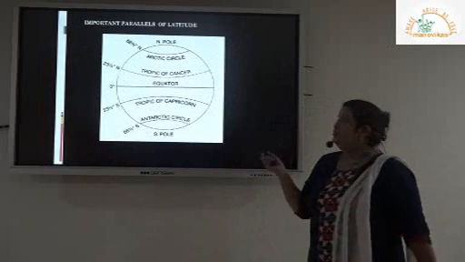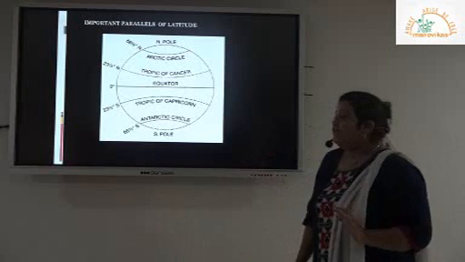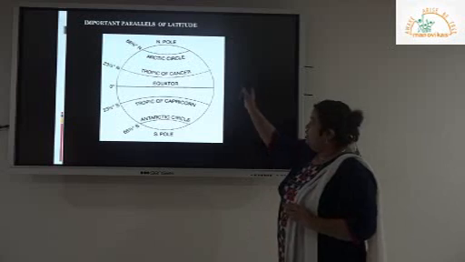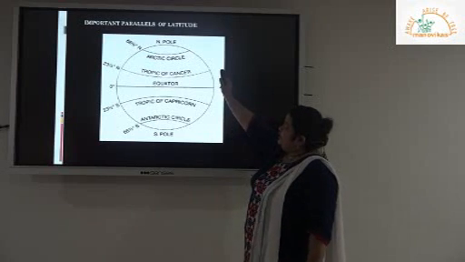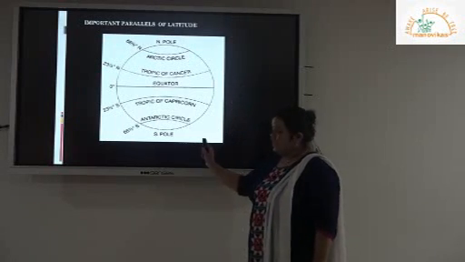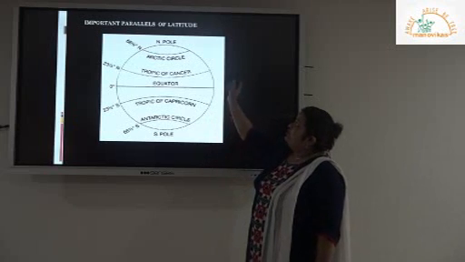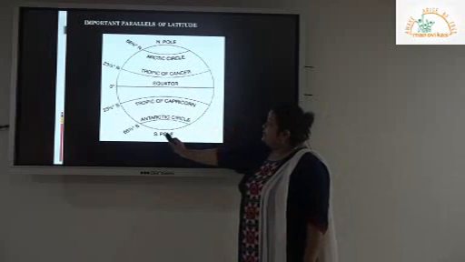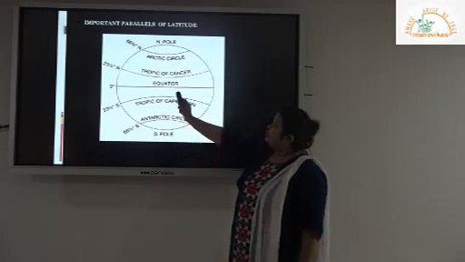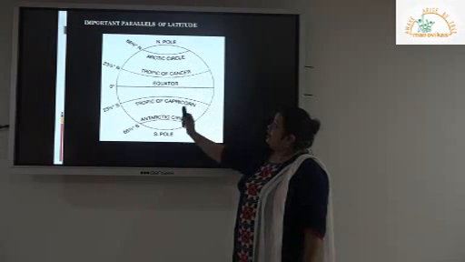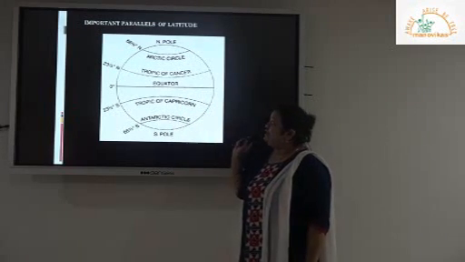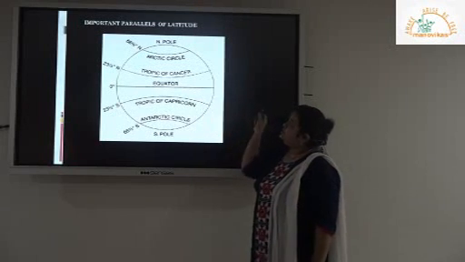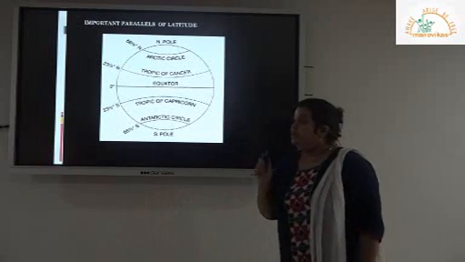Now, coming towards the important parallels of latitudes. We have altogether 7 important locations as important parallels of latitude: North Pole at 90 degrees north and South Pole at 90 degrees south. We have the Arctic Circle at 66.5 degrees north and the Antarctic Circle at 66.5 degrees south. Tropic of Cancer at 23.5 degrees north and Tropic of Capricorn at 23.5 degrees south. One important latitude is your equator, which is at 0 degrees, which is the Great Circle.